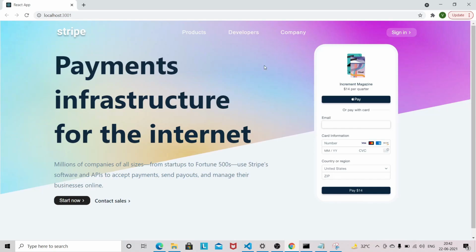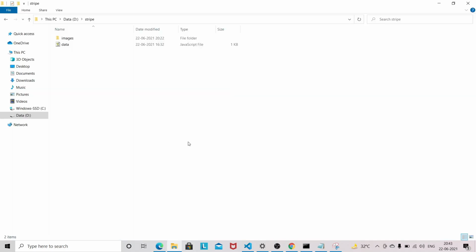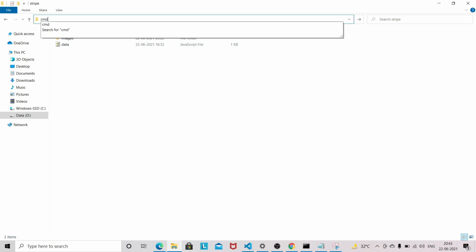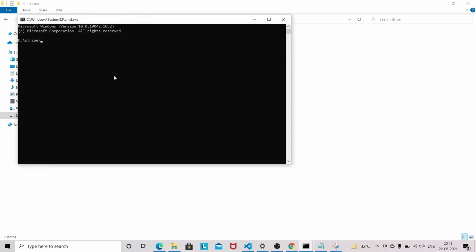Okay, so let's start building this fully responsive Stripe landing page in React.js, and we are going to use context as well in this small project. So let's get started. Now I'm in my directory here, and I'm going to open a terminal and create a project.